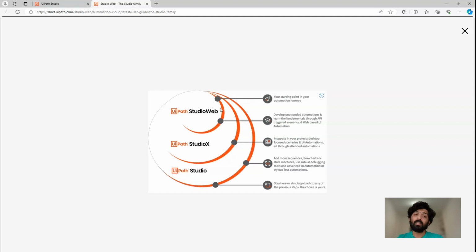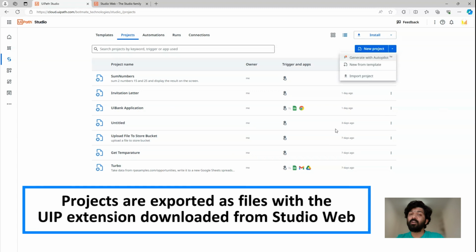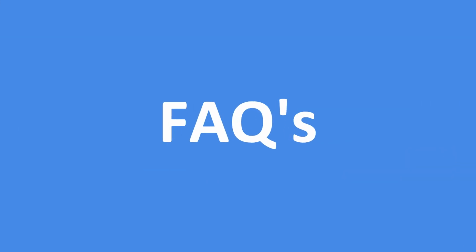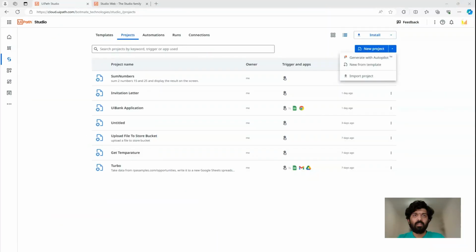or let's say you are trying to move automations from one user to another user. Let's say you have developed the automation and you want to send it to a different user. You can also publish it. You can send the automation to your team member and he can use the automation using import project button. So this is pretty much about UiPath Studio family,